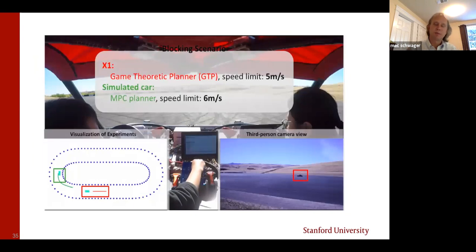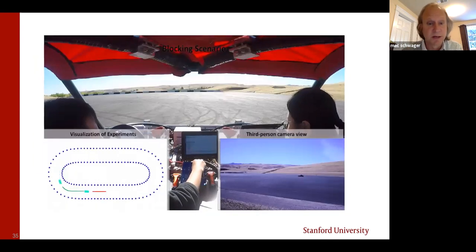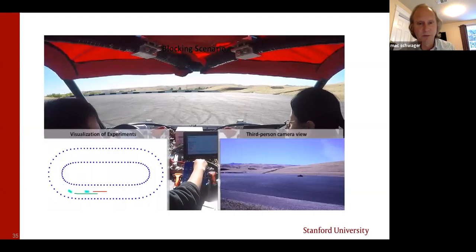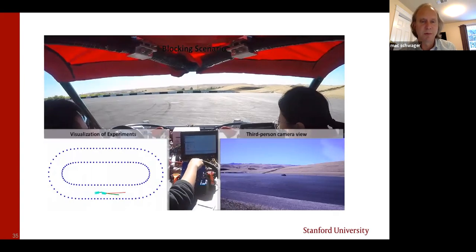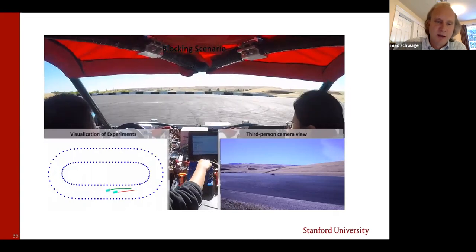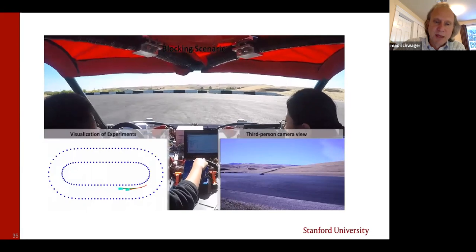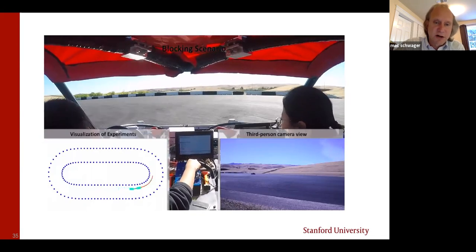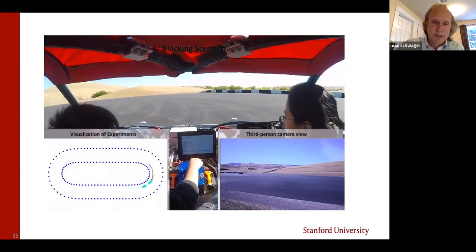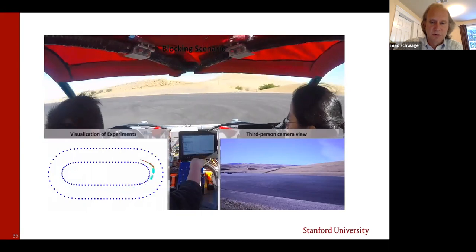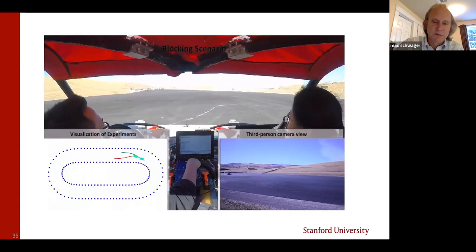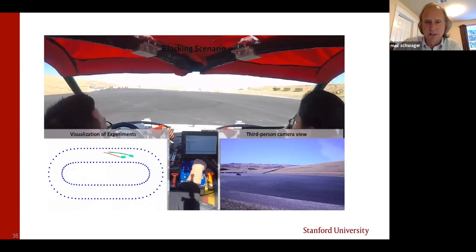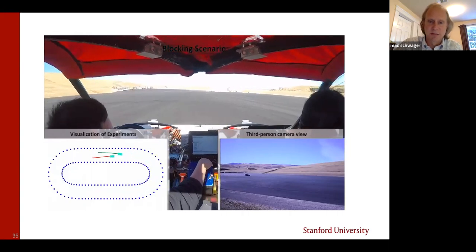And we've also implemented this on a full-scale autonomous car. So this car is called the X1. It's an entirely student-built car that we built at Stanford. It was built under the direction of Chris Gerdes, who's a professor in mechanical engineering at Stanford, somebody that I collaborate with quite a bit. And this is a full-scale car, as you can see. These tests were done at a racetrack out in rural Central California. My two students, Ming-Yu and Zijian, are riding in the car, but they're not driving the car. They're just in there for safety and to monitor the system.